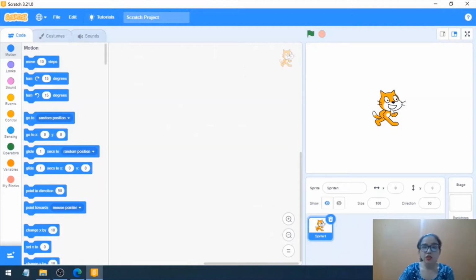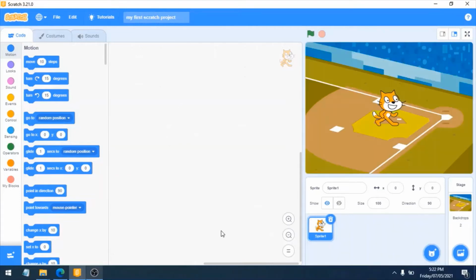Okay, so we have got the sprite, and at the back side of the sprite we have got this area. This is called the stage or the backdrop. Alright, now let us look into this third section of the Scratch interface, which has our sprite, which is our cute cat. As you can see, this orange looking very cute cat is here.